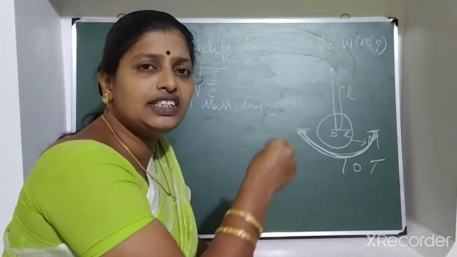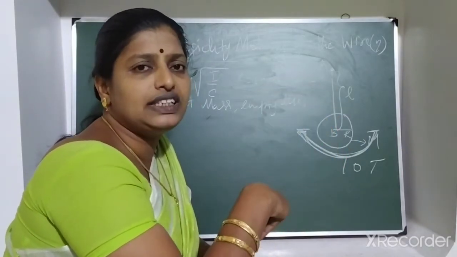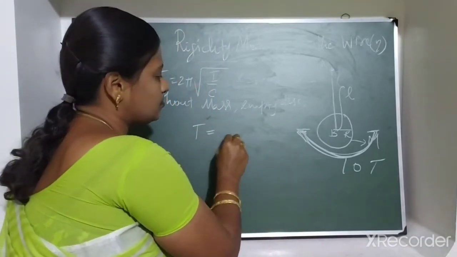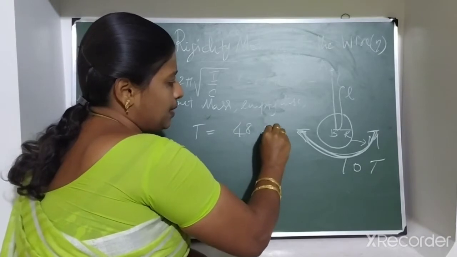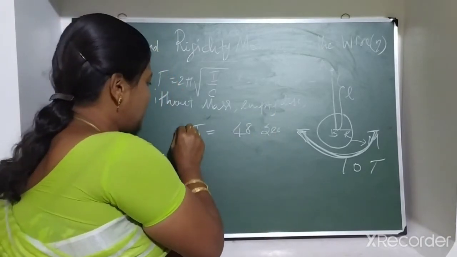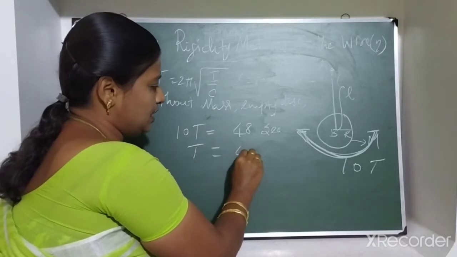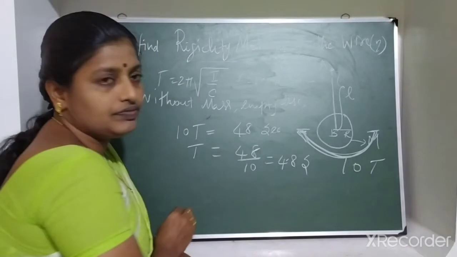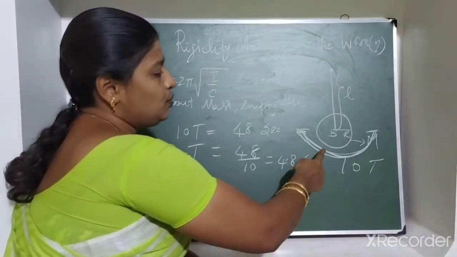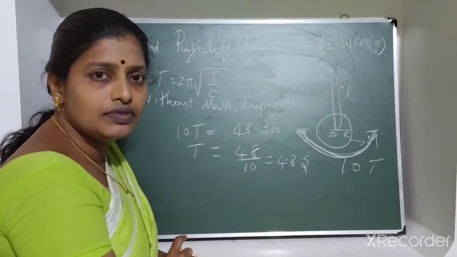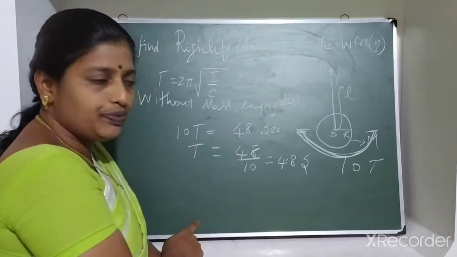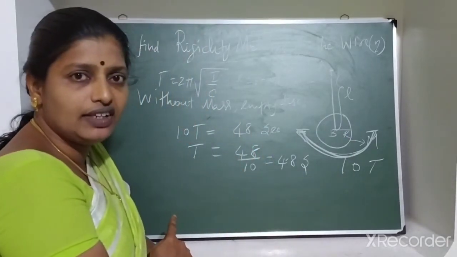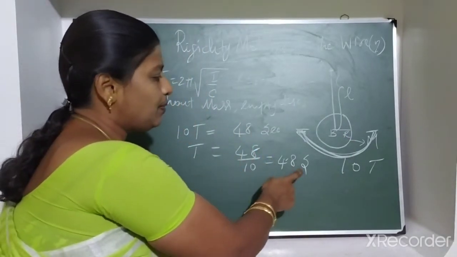Okay, for 10 oscillations you will find the time is below 60 seconds. For example, t equal to 48 seconds comes. Okay, but this is for 10 periods of oscillation, so t equal to 48 divided by 10, 4.8 seconds. So using the torsional pendulum, without mass applied, with the empty metallic disc, the period of oscillations is calculated: t equal to 4.8 seconds.